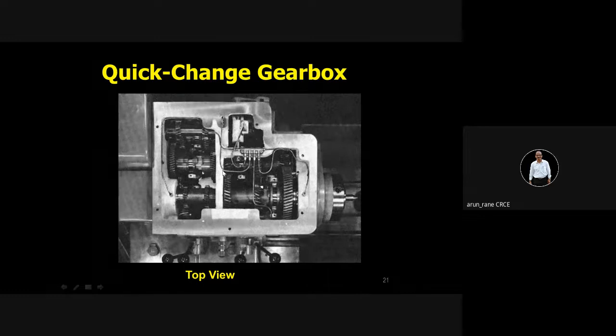So in the machine there is a lubrication pump, and from the pump the oil is pumped under pressure to the various parts. You can manually run the pump, or that pump can be operated automatically also.